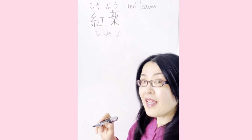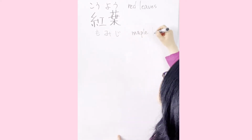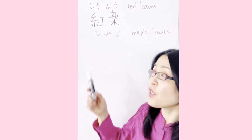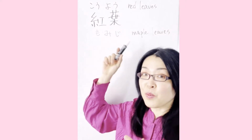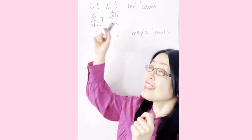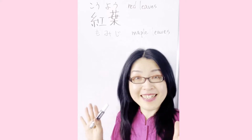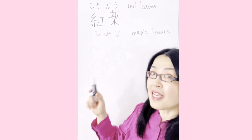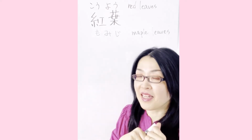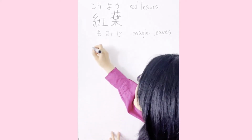Momiji. Okay? So this is maple leaf. Okay? So the one kanji word, two readings. Okay? And then each reading represents a different meaning. Yes, so we can use this kanji word with two meanings in one sentence. So for example, I can say